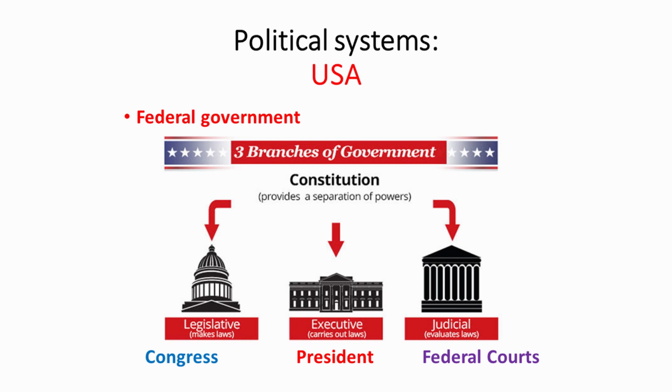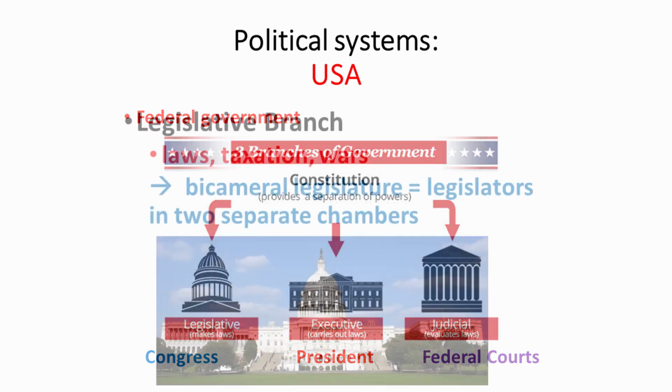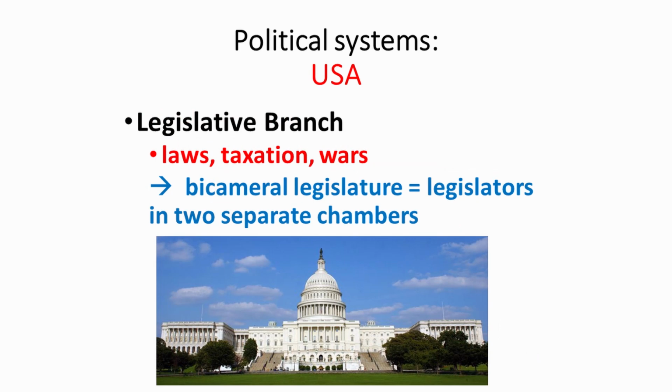There is the legislative power, the executive power, and the judicial power. These are represented by the Congress, the President, and federal courts. Let us now start with the legislative branch. The purpose of this branch is mainly to create laws, impose taxes, and the Congress is also needed to declare